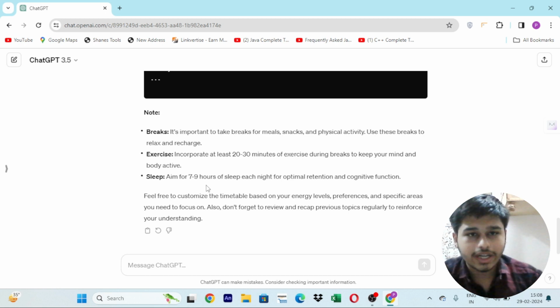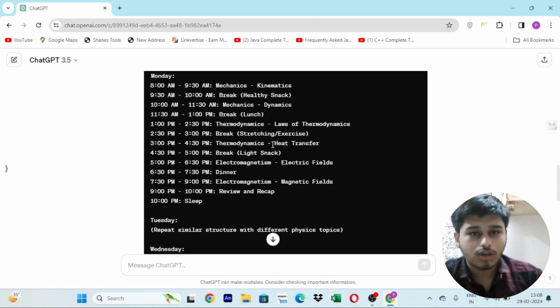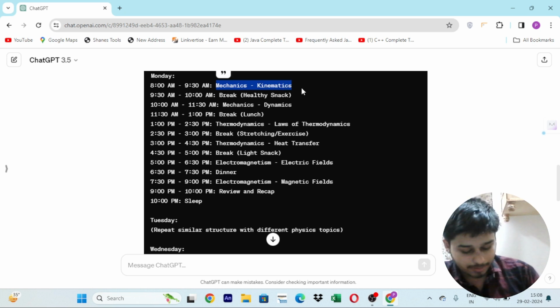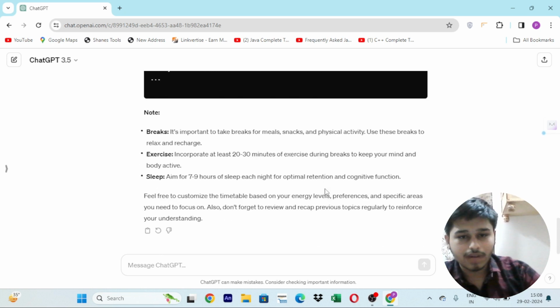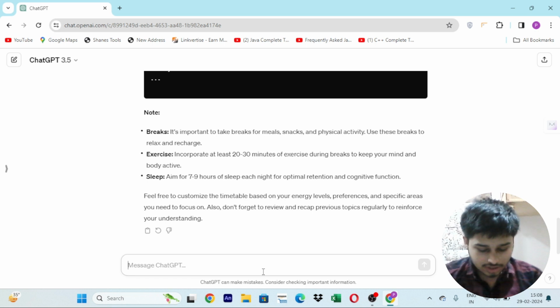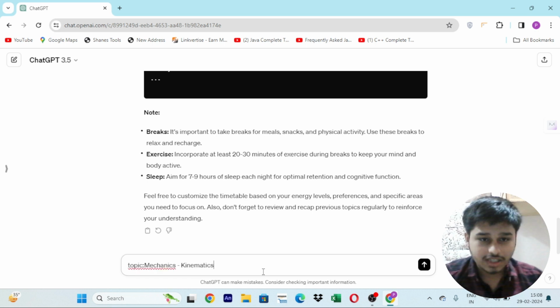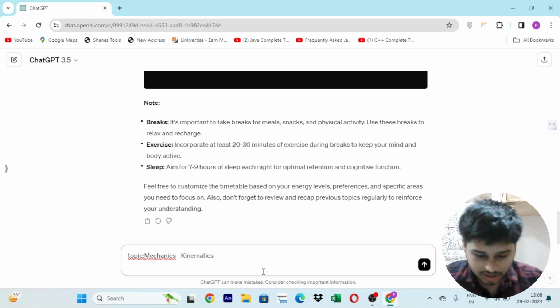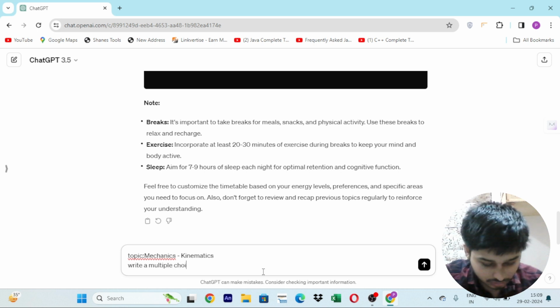Okay, so now let's write a prompt. We will pick a topic from the data above, right? So I will take mechanics and kinematics. We'll copy this and come down. We'll write topic, paste it, mechanics kinematics, right? Then shift enter. Okay, write a multiple choice question with one correct answer